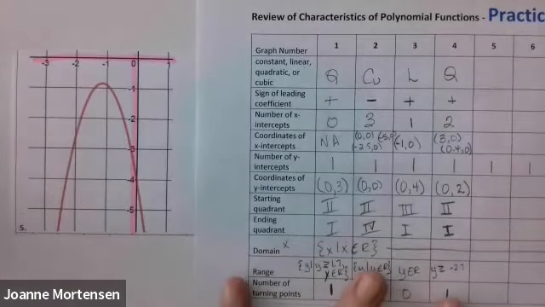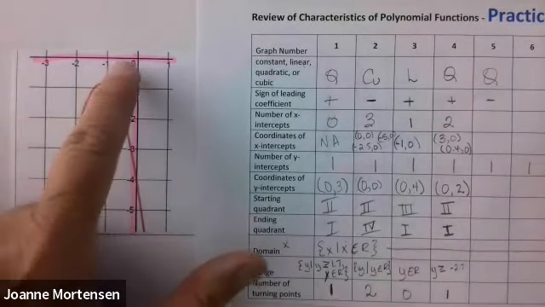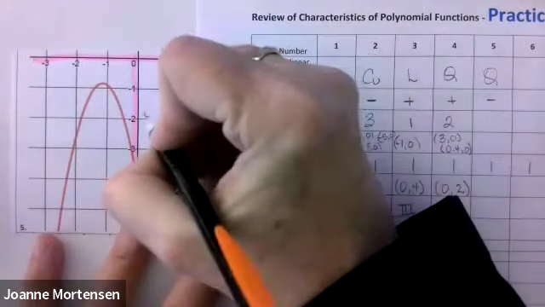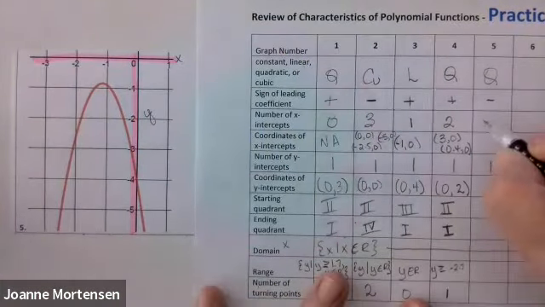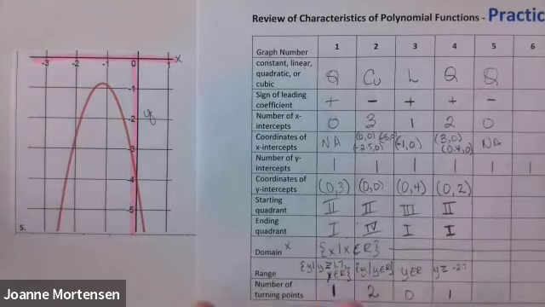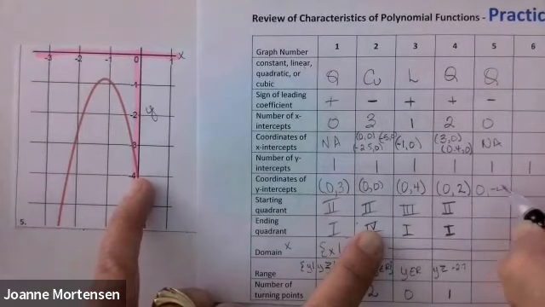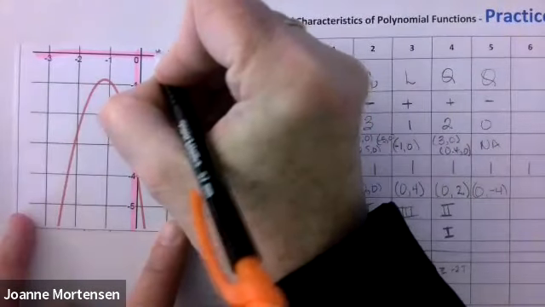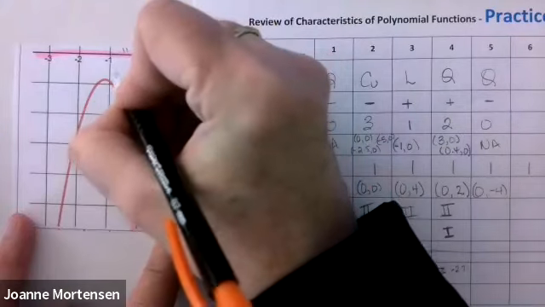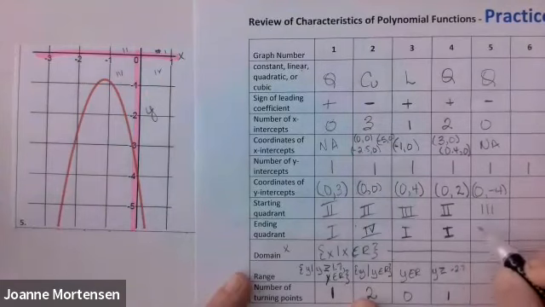All right, so it's a quadratic because it's a frown. It's a frown, so it's negative. Number of x-intercepts, absolutely none. That's why I find it really easy to highlight, because then I can tell. So 0, not applicable. My y-intercept is over there, so that's 0 and -4. We're starting, oh, quadrant 1, whoopsies. 1, 2, 3, and 4. So quadrant 3, quadrant 4,